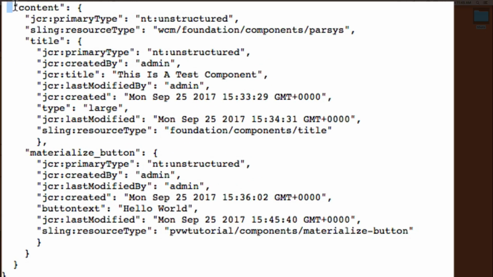We can see that here's our Parses, right? Here's the title component that we put in here. Here's its text that it's rendering. Here's our button that we put in here, and